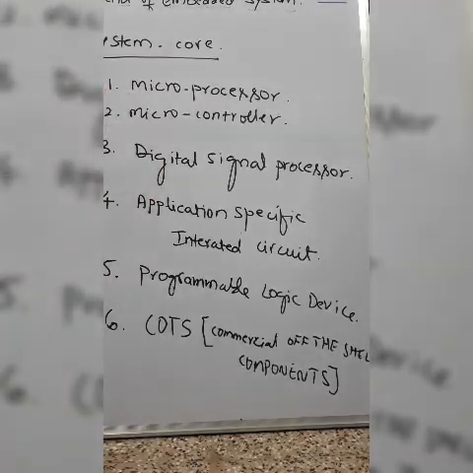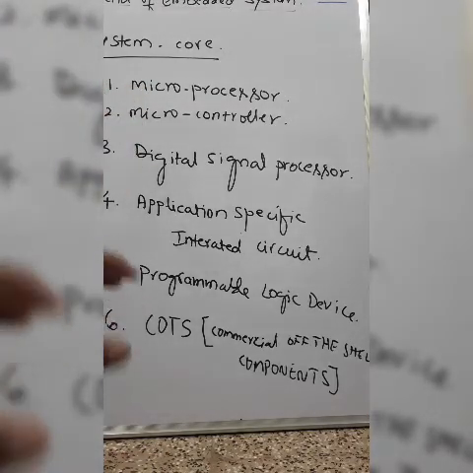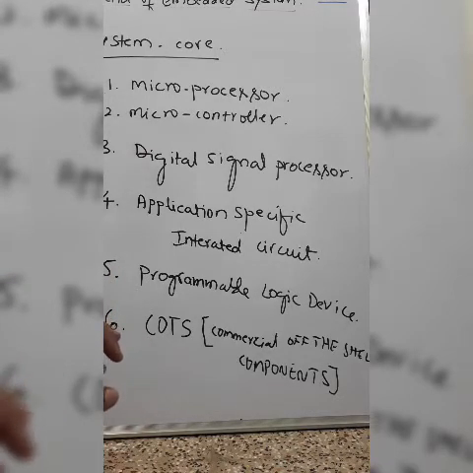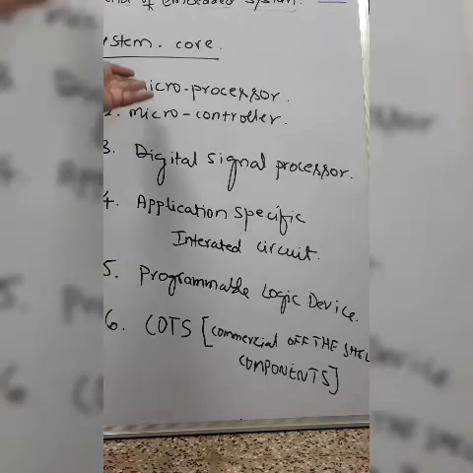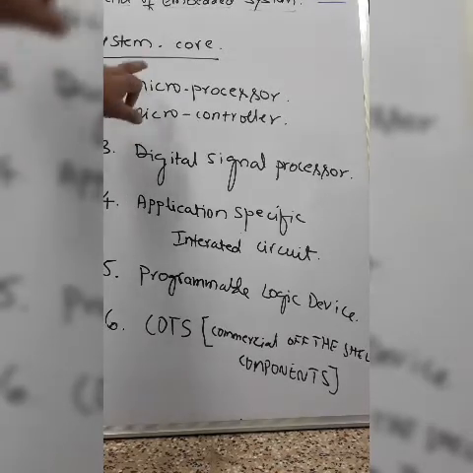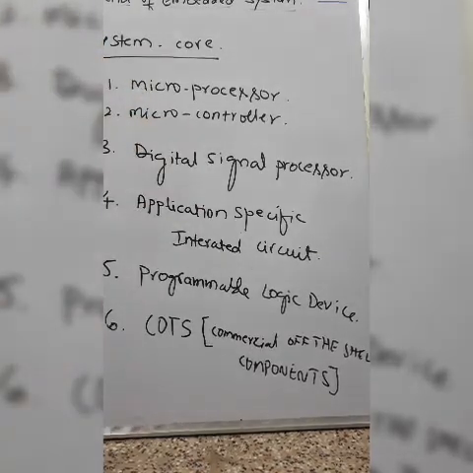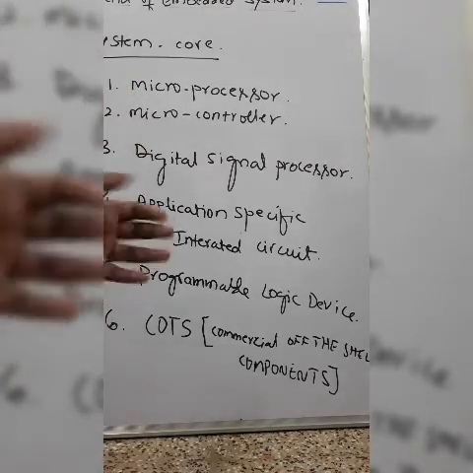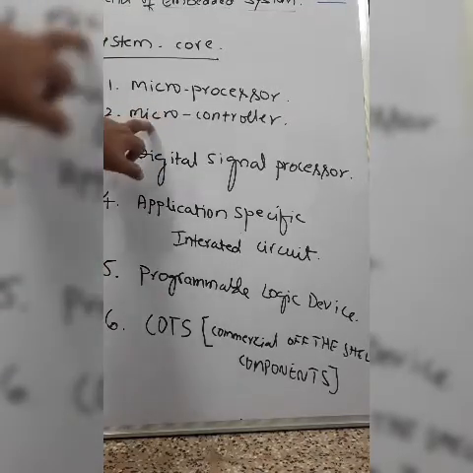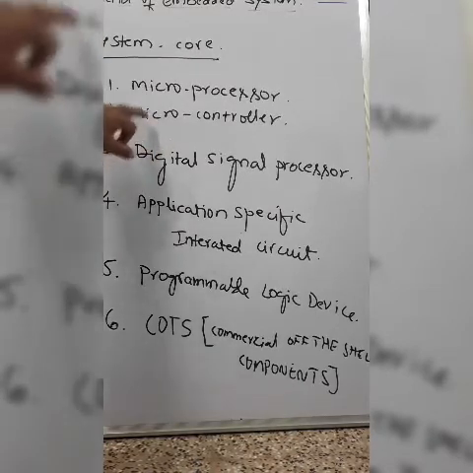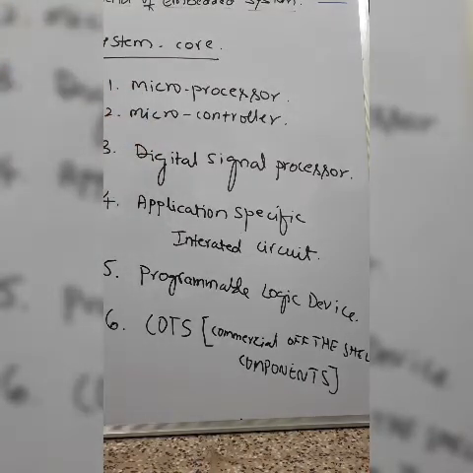Now we'll see the difference between microprocessor and microcontroller. Microprocessor is stand-alone. That means it will only provide the CPU. Other ICs you have to add, such as memory ICs, controller ICs, they all have to be added to this. Whereas microcontroller is a single chip integrated with processor plus memory plus IO ports and some control functionalities. So that is the first difference between microprocessor and microcontroller.